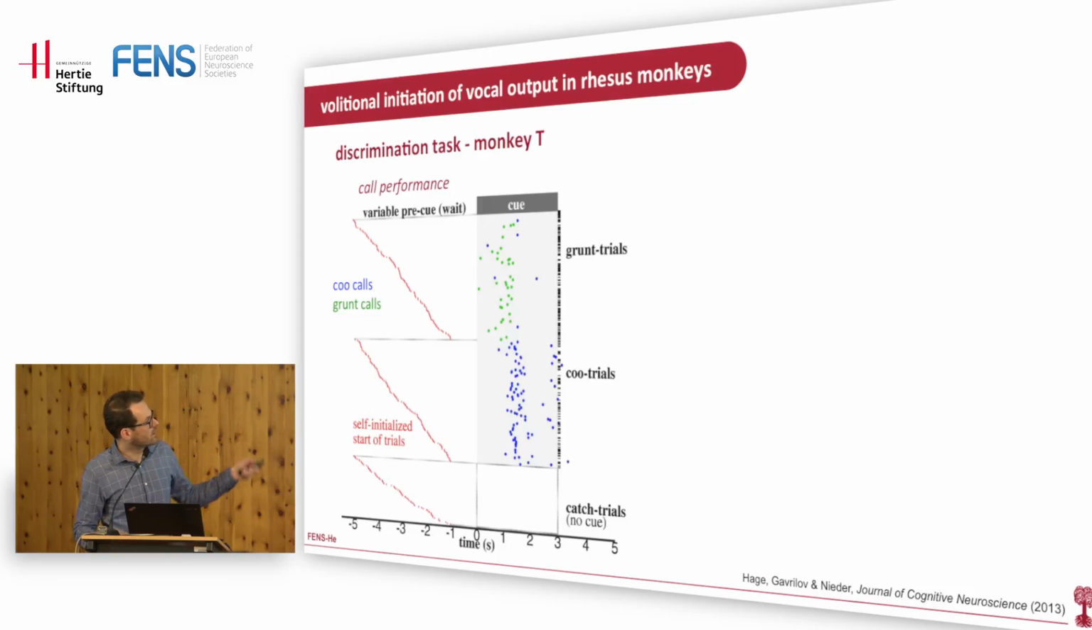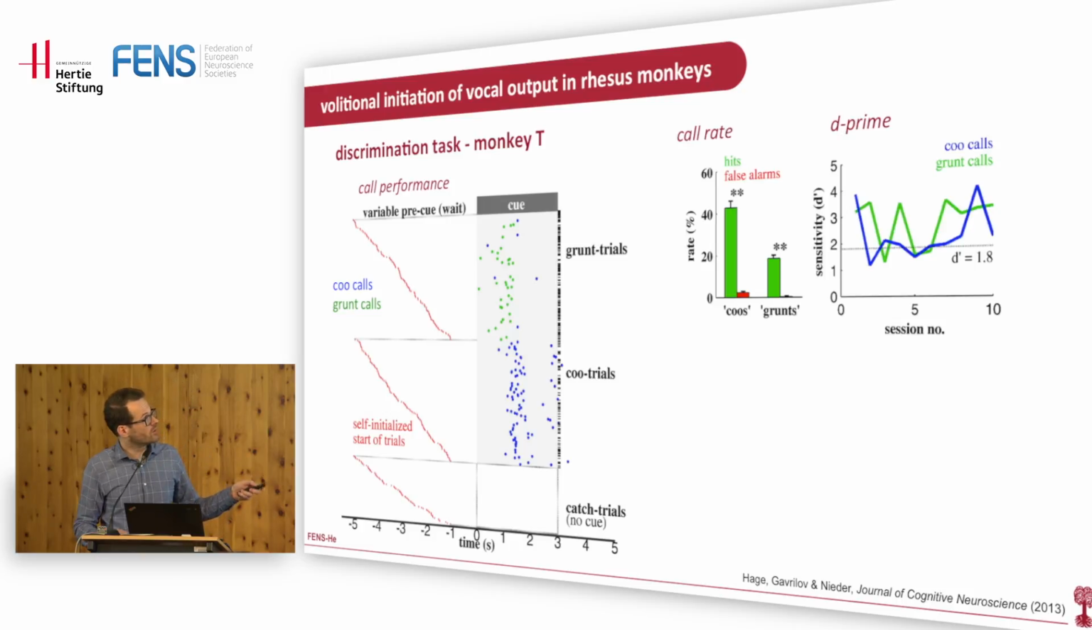So these are again the trials separated, these grunt and coo trials and catch trials. The blue dots are trials where they produce coo vocalizations, the green dots where they produce grunt vocalizations, and so they produced most of the grunts during the grunt trials, most of the coos during the coo trials. But what you can also see is that these horizontal lines back here increased dramatically. So the animals did a lot more mistrials, since it seems that they were sometimes just confused and didn't know what type of call they should do,